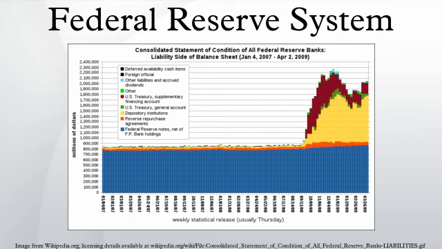Monetary policy. The term monetary policy refers to the actions undertaken by a central bank, such as the Federal Reserve, to influence the availability and cost of money and credit to help promote national economic goals. What happens to money and credit affects interest rates and the performance of an economy. The Federal Reserve Act of 1913 gave the Federal Reserve authority to set monetary policy in the United States.